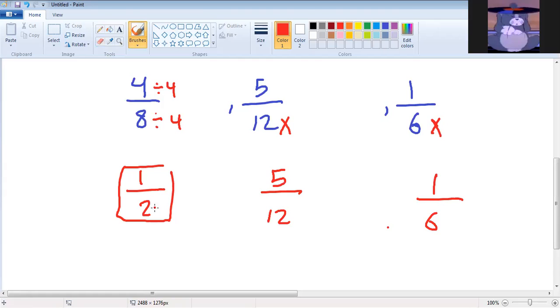Now we can multiply 2 by what number to get 12, and 6 by what number to get 12? 2 by 6, yeah. And 6 by